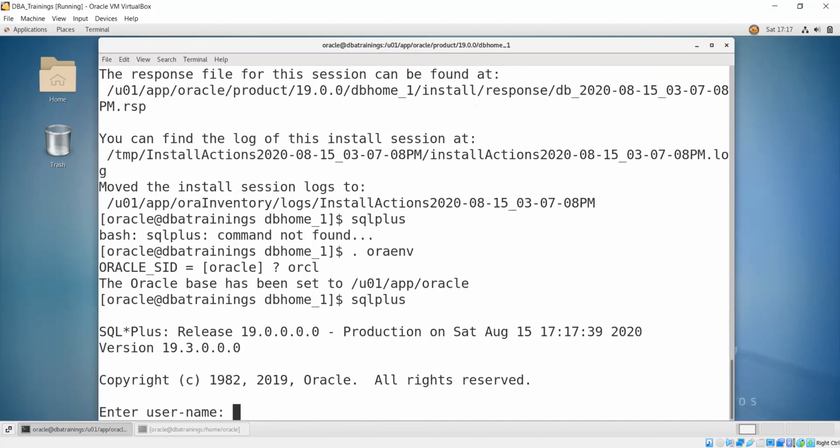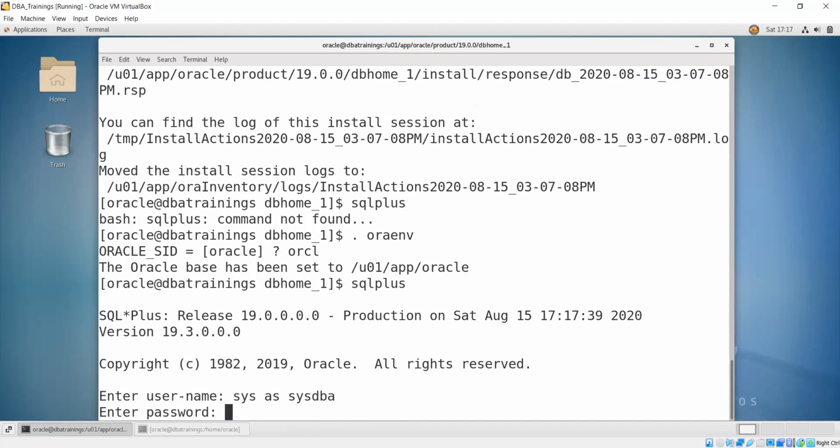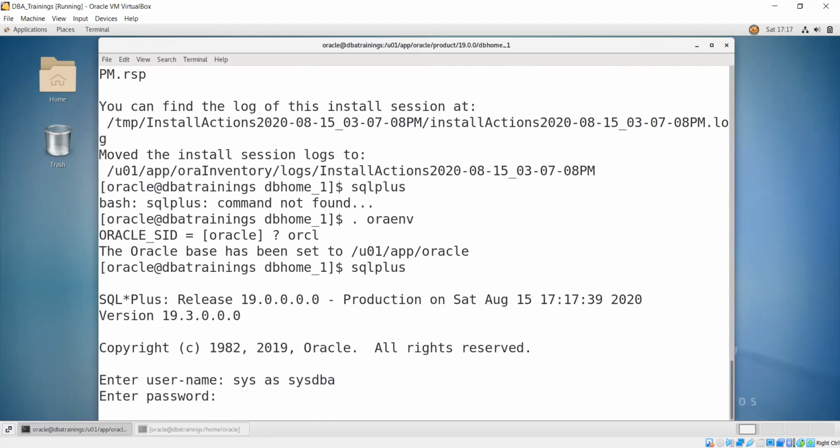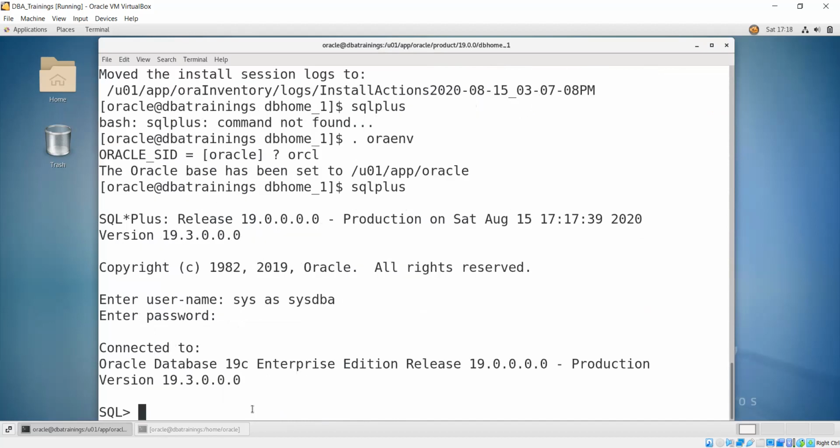It asks, so you can give sysdba and then the password that I have given. If I remember correctly, I have given the password. So let's see. Yeah.